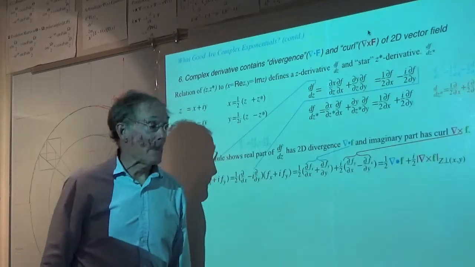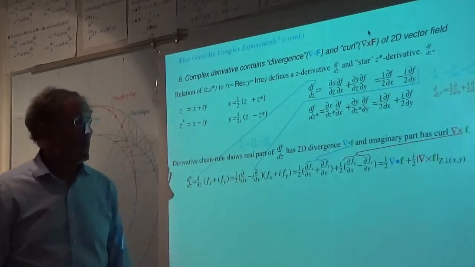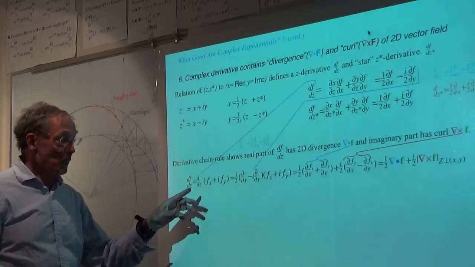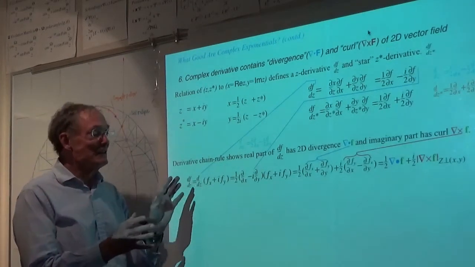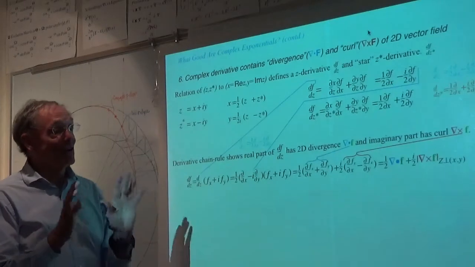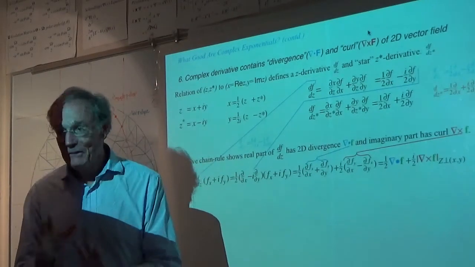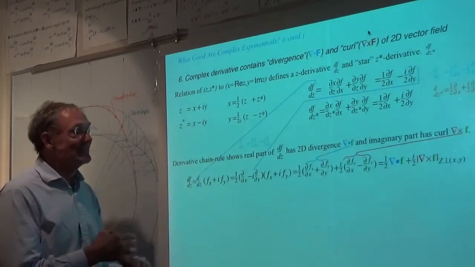I have one more question. If your f had been a 3-dimensional function, f was a function of x, y, and z, well, then how do we write? There you're asking the question of how do I get the quaternions to work for that? Yeah, like, because z is x plus i y, so...